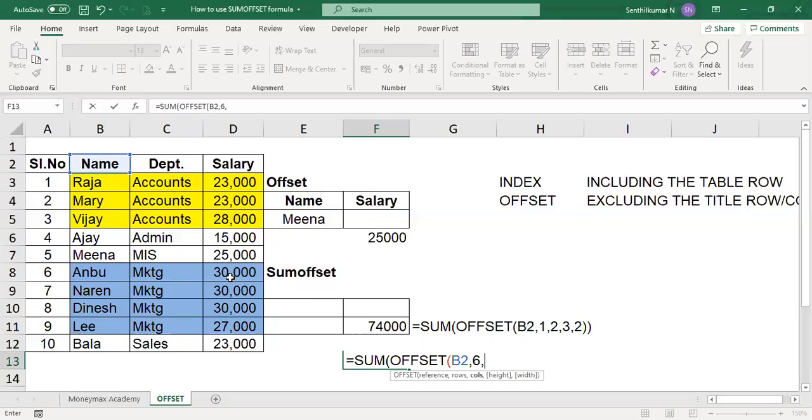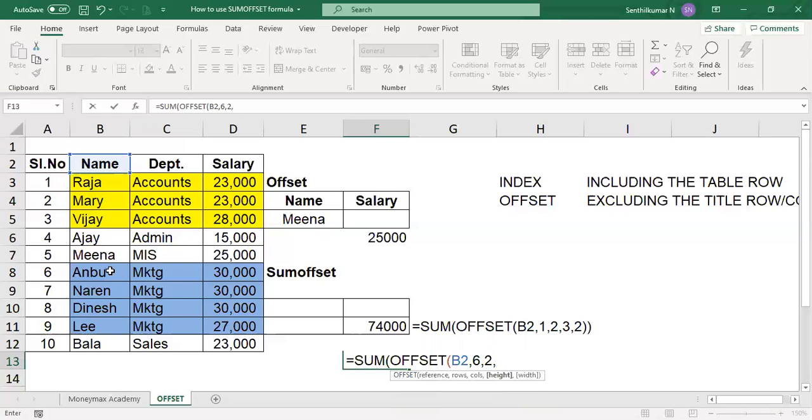Then you have to end with salary. You want to know about the salary, so the second column, because we don't want to consider the name column. Department is the first column, salary is the second column. Now you want to make a sum offset of the salary, so you have to give the height and then the width. Height means rows. You are already in the sixth row.